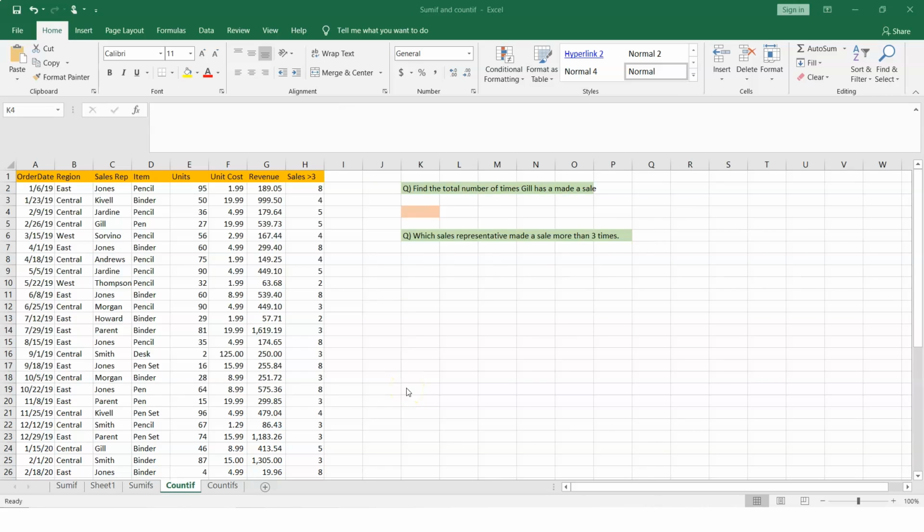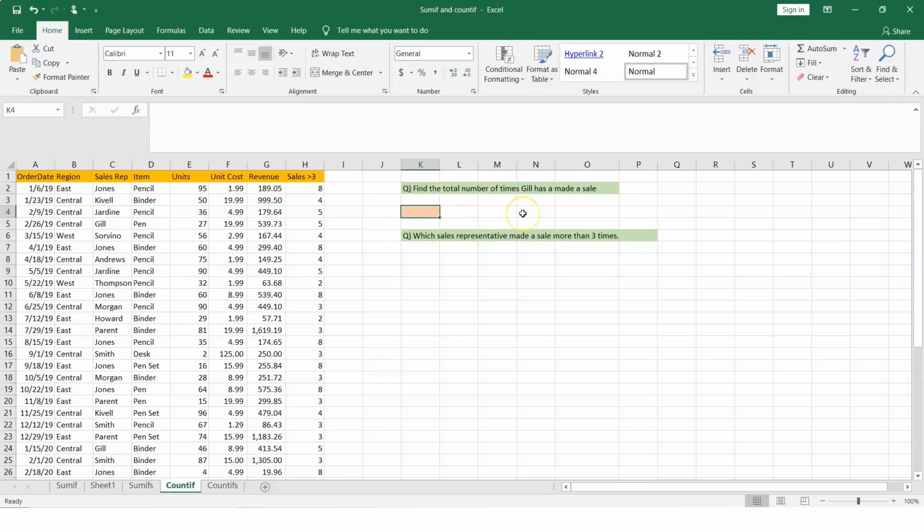Let's also look at an example of using countif or countifs. Now, both of these can be very useful when you would want to calculate certain values. So for example, if I would want to work on countif, let's try solving this problem. Now, remember, you can answer these questions using filters, and that can be an easier way. But then sometimes you may want to get the formulas so that you can make your spreadsheet and your calculation more dynamic in nature,